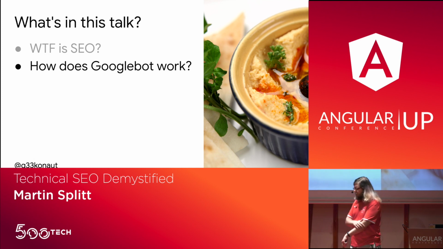We're also going to talk about how the process of indexing and rendering and putting something into search works. This process is more or less the same for all search engines, but I can only represent our search engine, which is Google Search, but pretty much most of the things are more or less the same in other crawlers as well, because the problem is pretty much the same anyways. We're also going to talk about a bunch of things that we can do specifically for Angular applications and a few pitfalls that can happen and how to avoid those, and common challenges and things that I see going wrong sometimes. So we will figure out how to avoid them and how to do best with Angular in terms